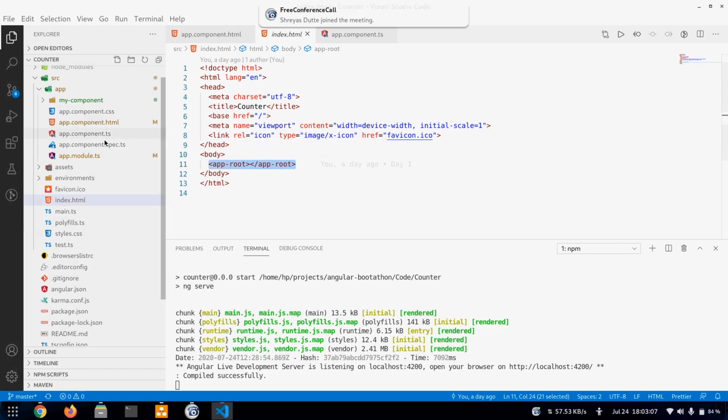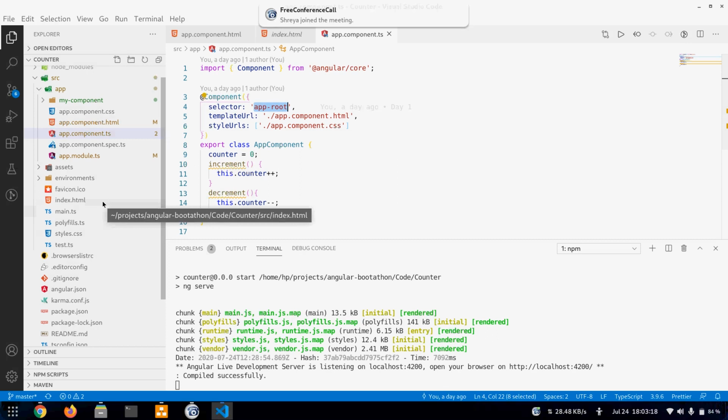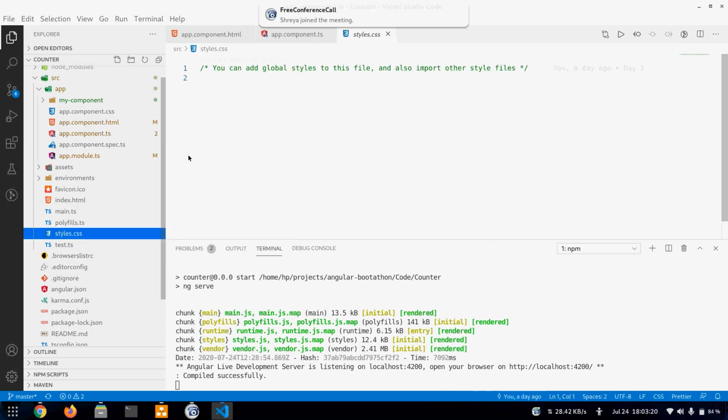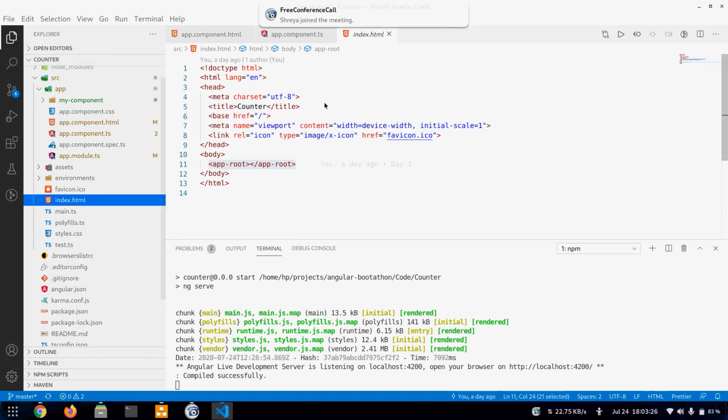And if you see here, this has the same selector. So whenever we run, the app component gets to the page. If you want to add any global styles, then you can add them here in styles.css, or if you want to import any CDN, then you can add it in index.html in the head tag.